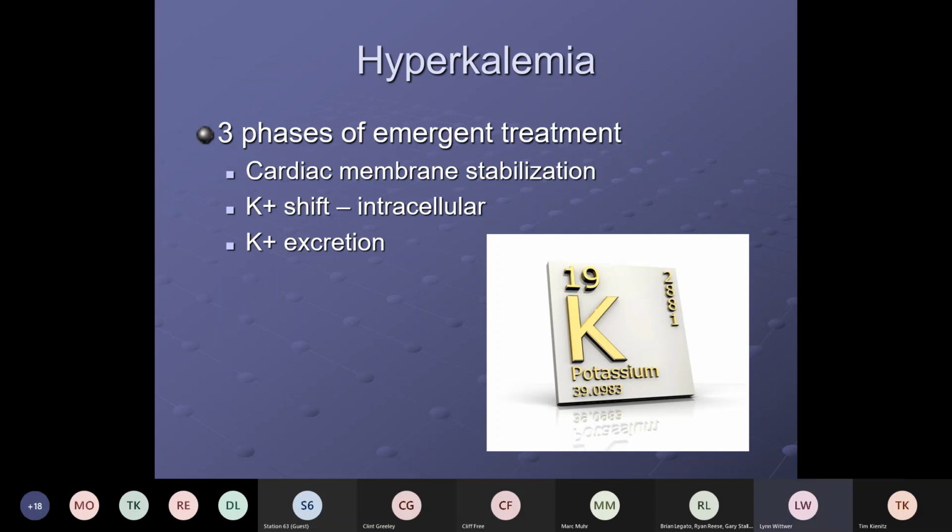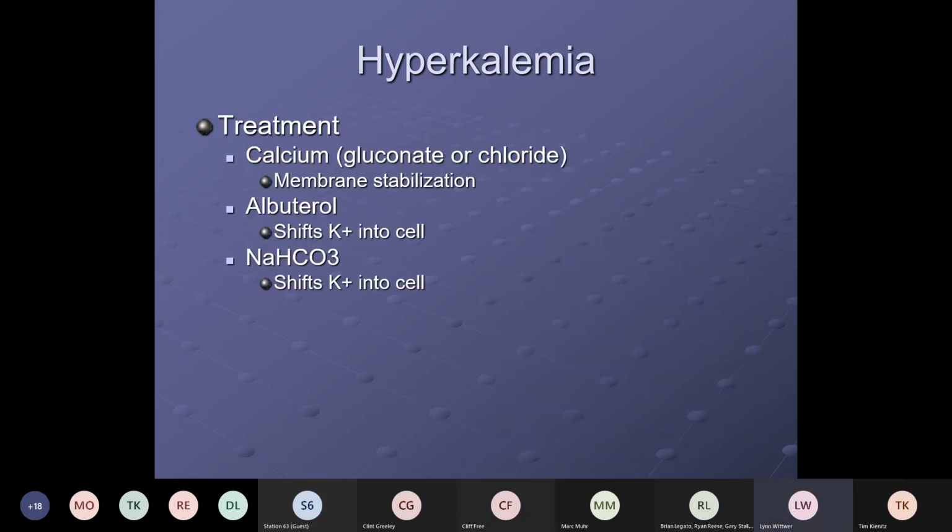Now, how do we treat hyperkalemia? Simple, not simple, but 3 phases. You first try to stabilize the cardiac membrane, and then you try to shift potassium intracellular, and then we try to excrete potassium. At the EMS level, we can't do much about excreting potassium, frankly. So what we do,